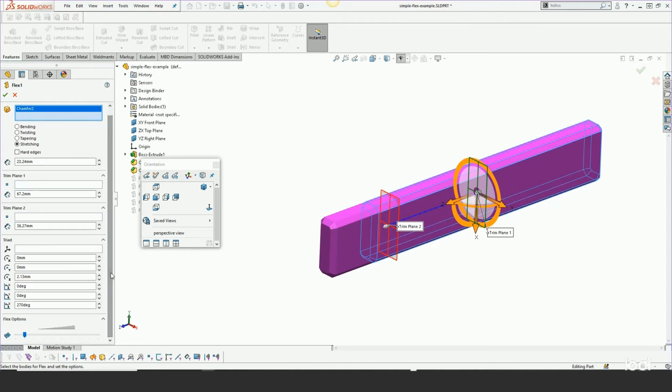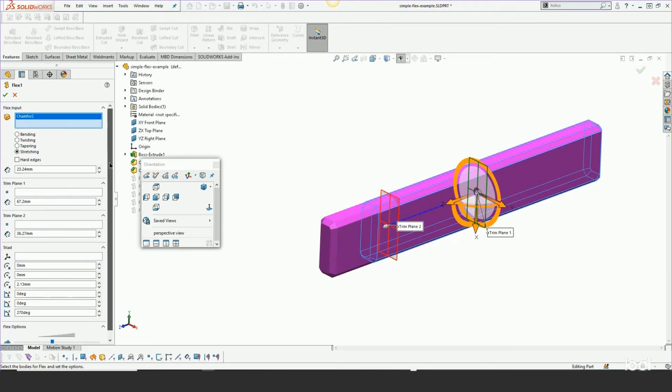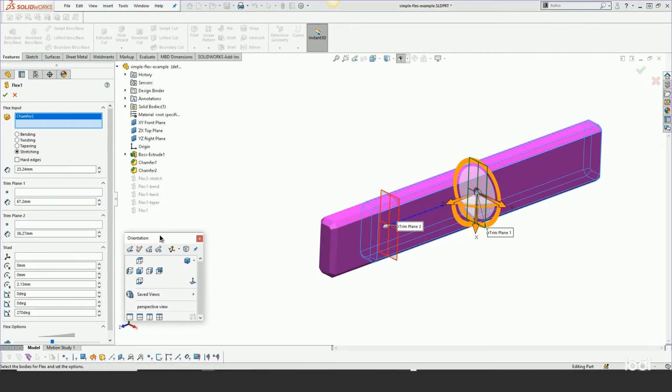As we move to the bottom of the Property Manager, you have basically a quality setting for your flex, and the higher you move it up, the better quality and also the longer rebuild time. So just keep that in mind. And we'll cover a few more of these in the next example, but that's basically the overview of the Flex